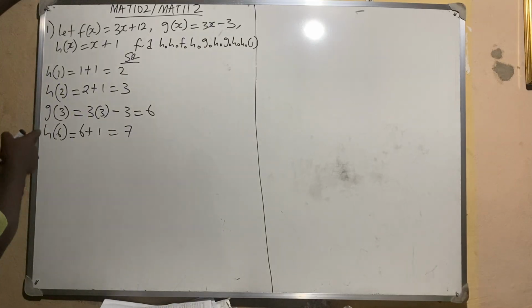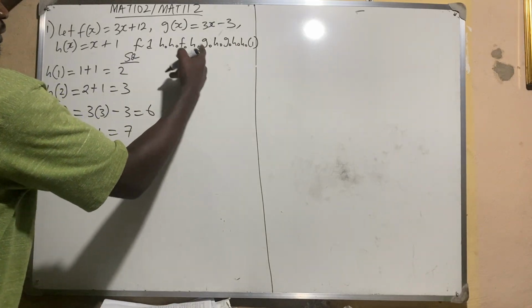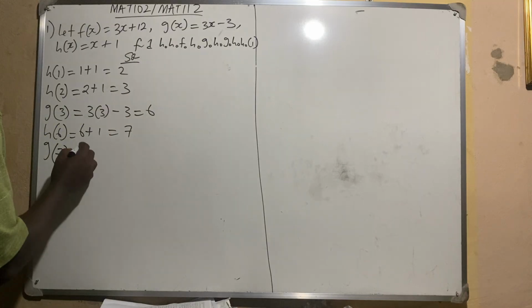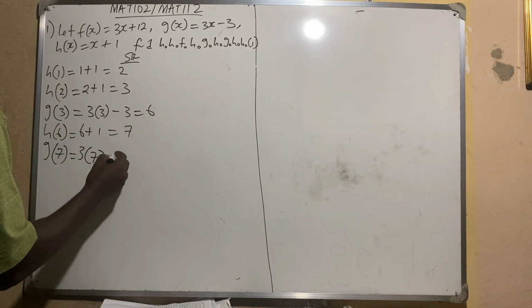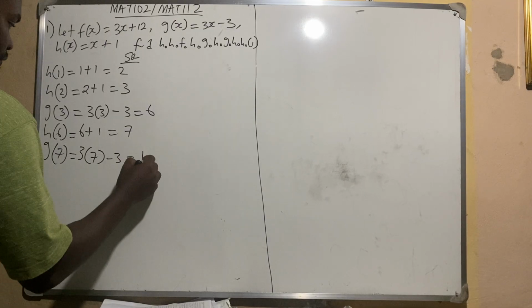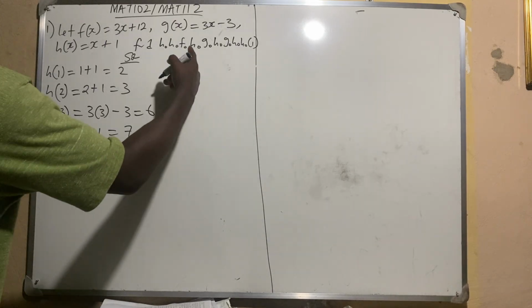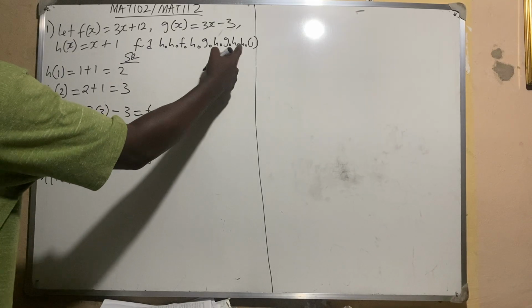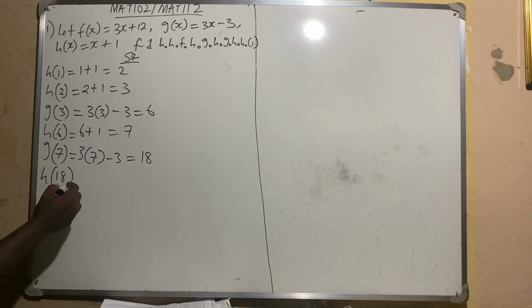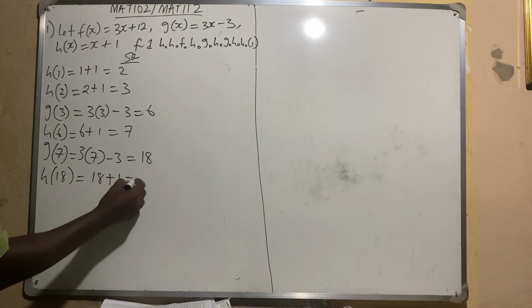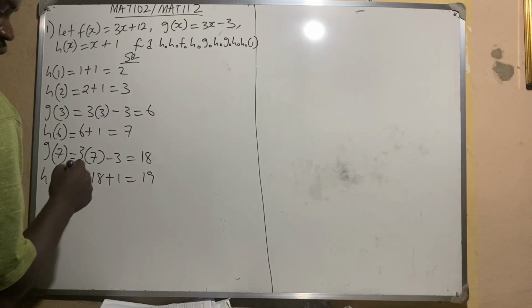This is 1 2 3 4. So the fifth one is g. G of the last answer, 7. G of 7 will give you, look at g here, 3 in bracket of 7, then minus 3. 3 times 7 is 21. 21 minus 3 will give you 18. So we go to h again. H of 18. This is 1 2 3 4 5 6. We are in the sixth one. H of 18 is what? Go to h. 18 plus 1, which is 19. So the next thing we'll go to is